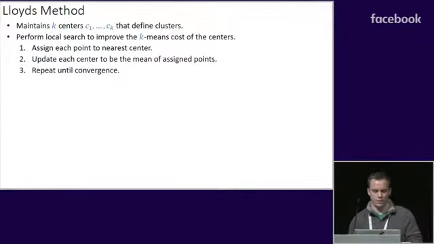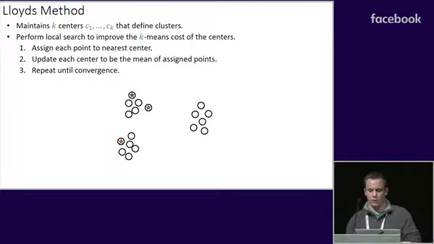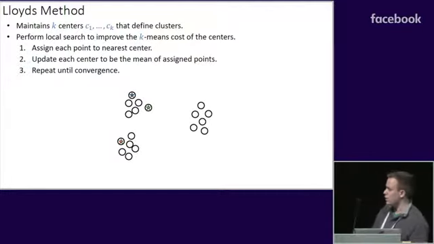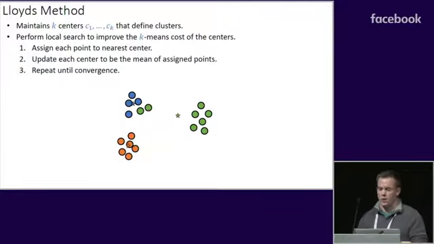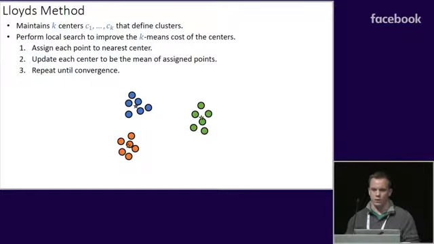until the clustering converges. So for example, if this was your clustering data set and the 3 stars were your initial centers, you start by assigning each point to the nearest center, you recompute the centers to be the means of the points assigned to them, recompute the assignments, recompute the centers, and eventually this will converge to a reasonable looking clustering.